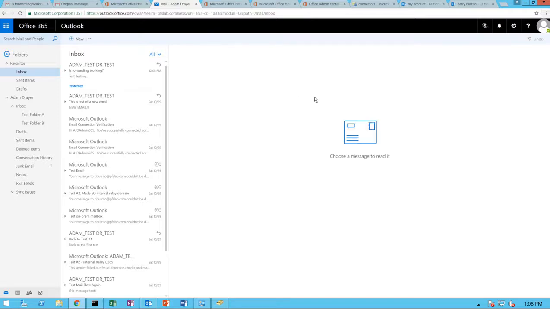Now, if Exchange Online had pfslab.com set to authoritative, and since there's no user named Barry Burrito in the Office 365 tenant, it would reject it. But because we changed it from authoritative to internal relay, it's going to do a lookup on the MX record for pfslab.com, determine that it should be forwarded to the PFSLab mail server, which is the internal server, and then it's going to forward it to Barry Burrito's